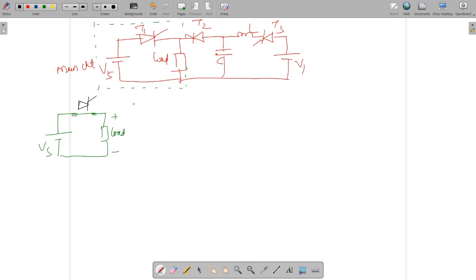So we will have to use the arrangement of auxiliary SCR, then the inductor and the capacitor. So why do we need this arrangement? Because you know that basically we are having only three passive elements, that is a resistor, inductor and the capacitor. So if you take the combination of resistor and the inductor, what will you get? You will get the exponential curve with a time constant of L by R.